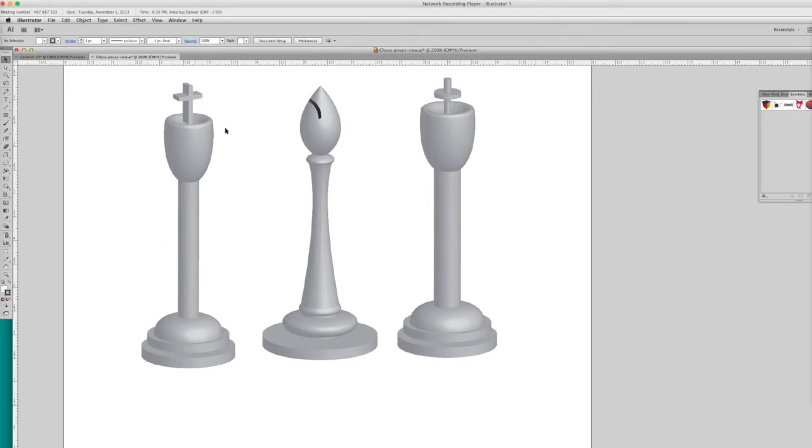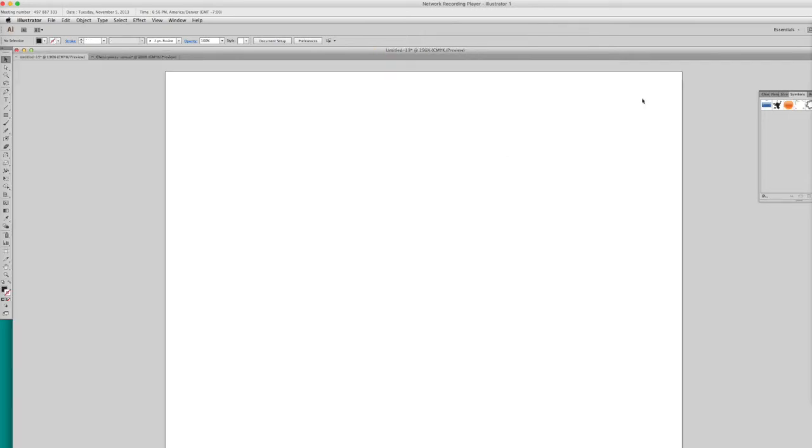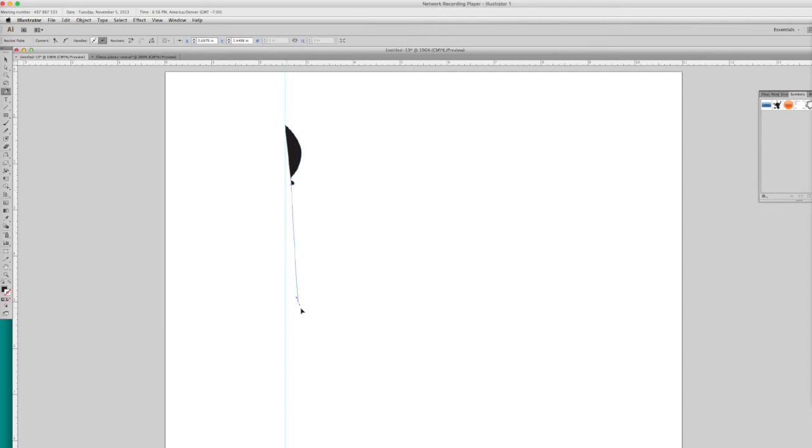Okay? So let's go to a new page here. Show your rulers, which is Command R. So I'm going to draw something like this, and I'm going to do it a little quicker than what I want you to do it. Because it really doesn't matter the complete shape. And again, you can go back and modify the shape of this after you've made it, and if you decide you don't like the shape,